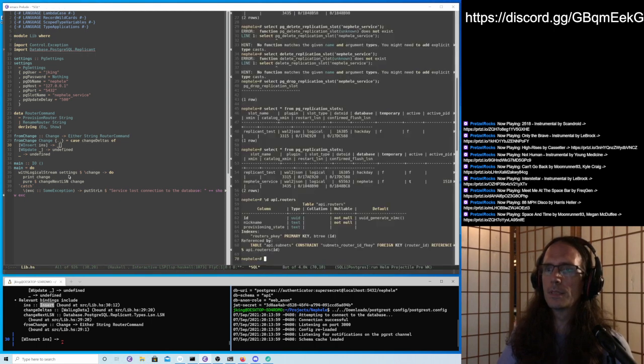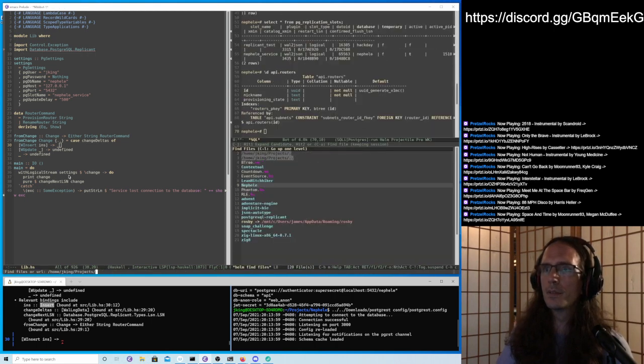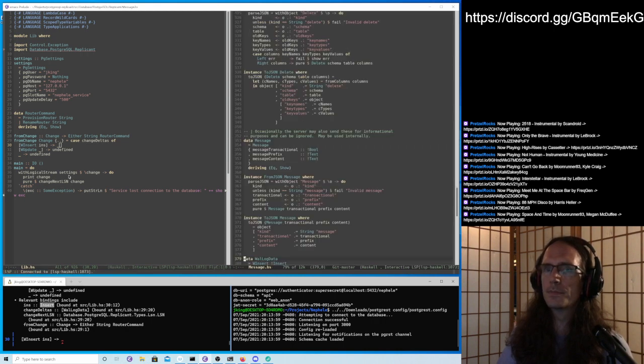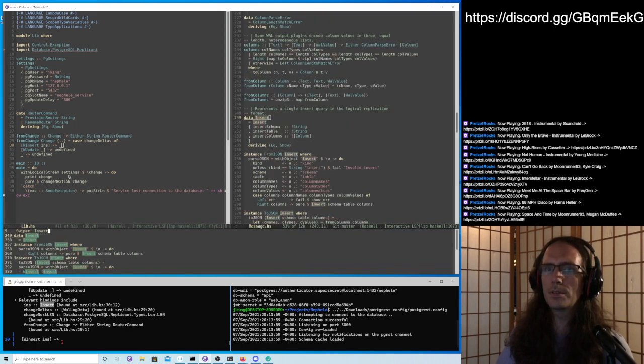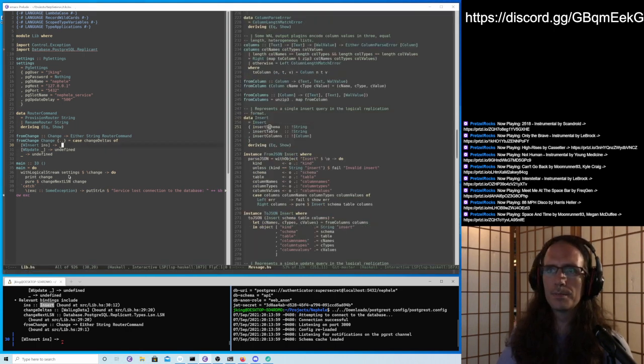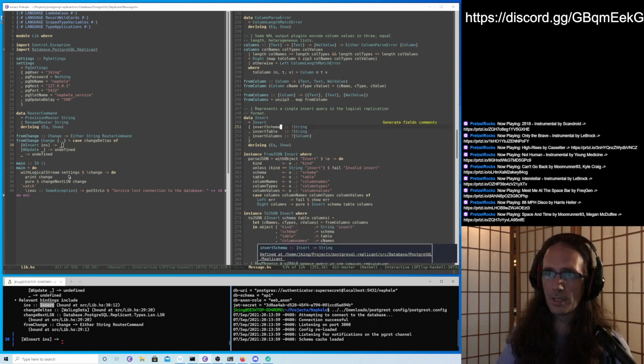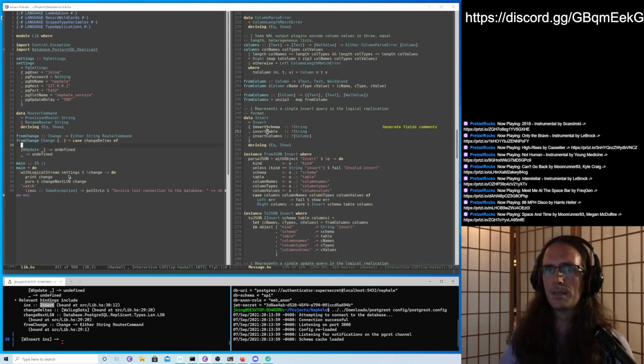Nope. Replicant. Yep. And message. Insert. Okay, that's the type there. So we can even make sure that it comes from the API schema, not just any other schema that we're interested in.